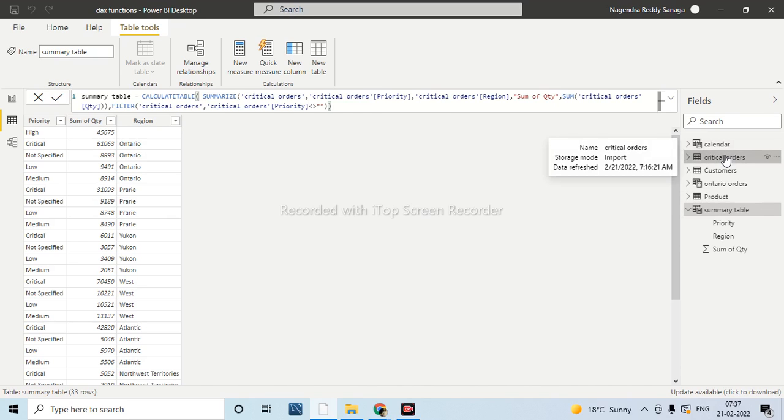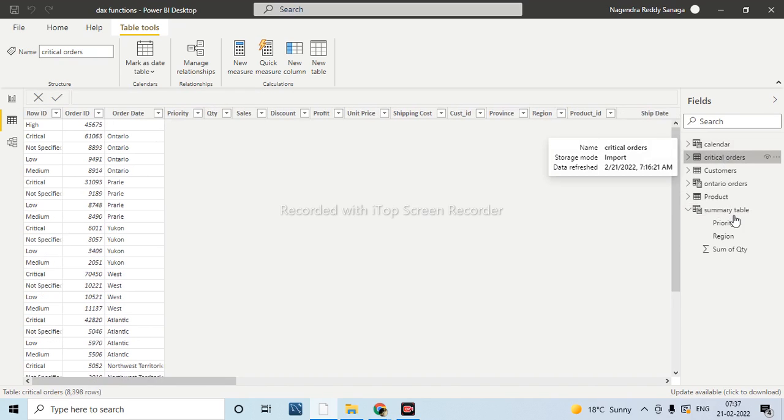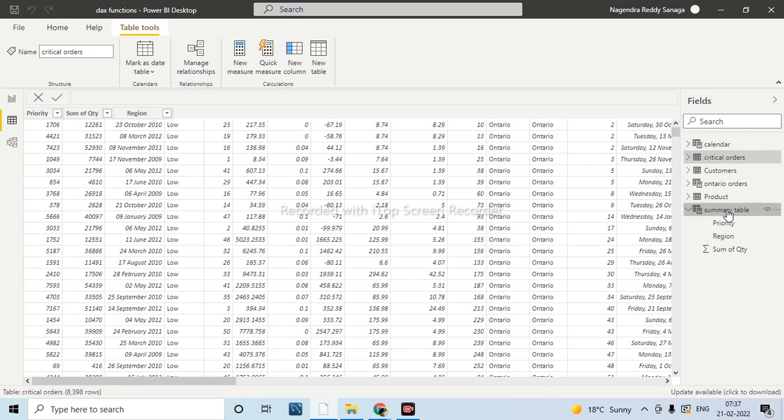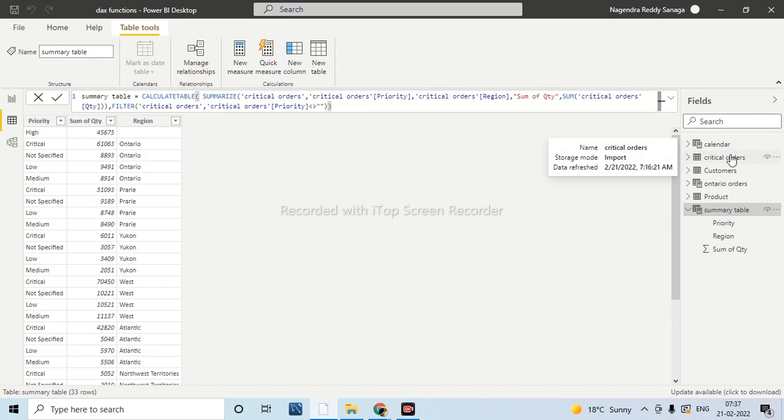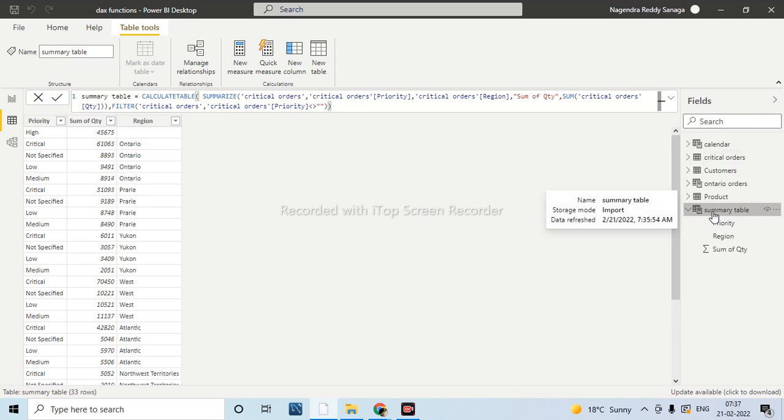Now here we have the original table, and here we have the separate tables. You can do the same thing in the Power Query editor. You will have one primary table and you can create one more duplicate. In that you can do the group by operation and you can filter the values also. See, now this is done. Now we'll do the same thing by using the Power Query editor.